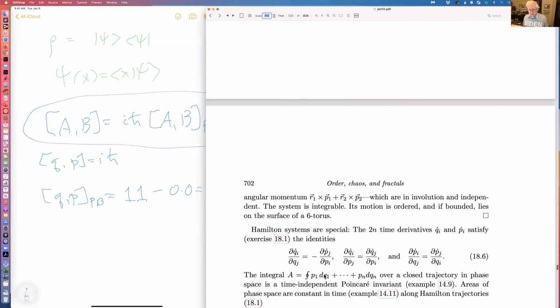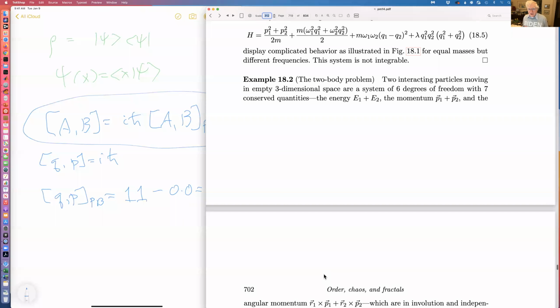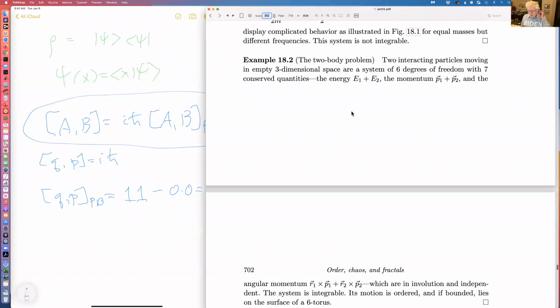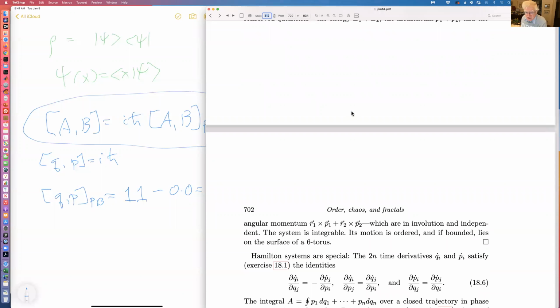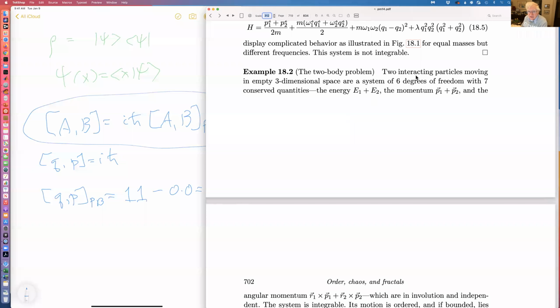Here's another example, the two-body problem. Well, the two-body problem basically is integrable, and this is something that, of course, we teach in mechanics classes: two interacting particles moving in empty three-dimensional space. They're a system then of 6 degrees of freedom. The 6 degrees of freedom are classically a position and momentum for each of the,